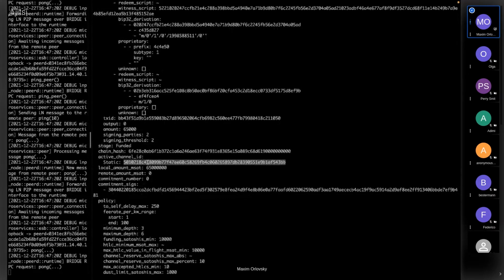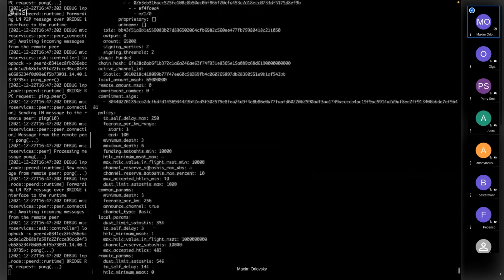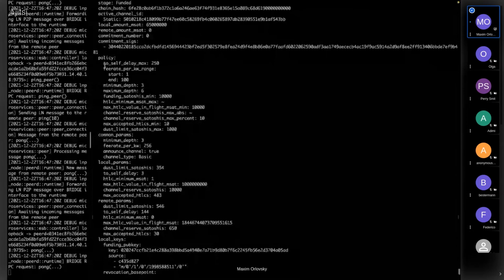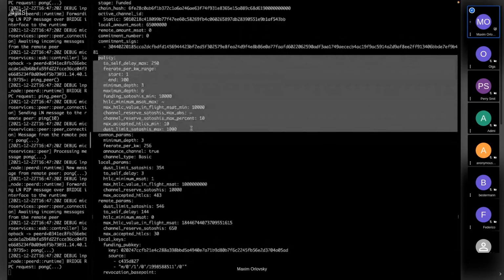We have a channel ID, a permanent channel ID, and we have the same amount of millisatoshis allocated to it. And also we have details of the channel, like policies we created. These policies can be edited via configuration of LNP Node. For instance, they set up the ranges, how many funds we would like to allow in each HTLC, not to expose a lot of